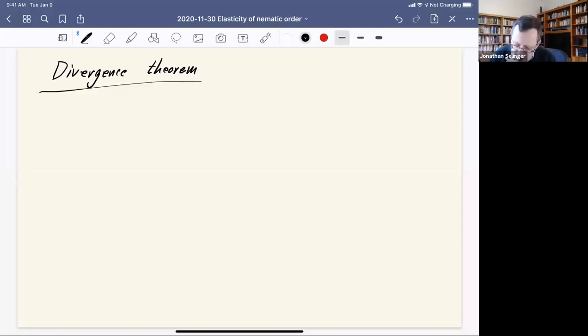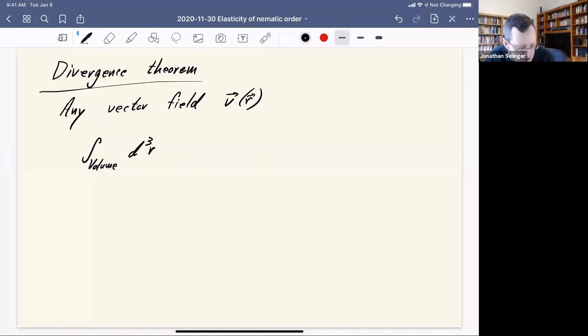The divergence theorem says, suppose you have any vector field, let's call it V as a function of position. The theorem states that the volume integral of the divergence of the vector field